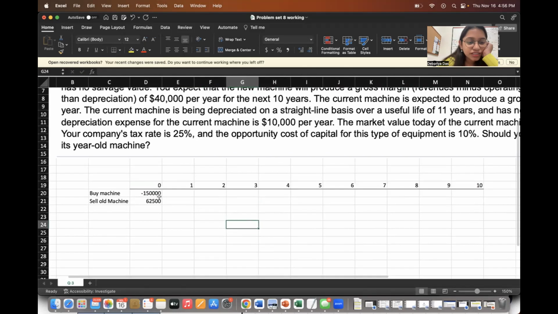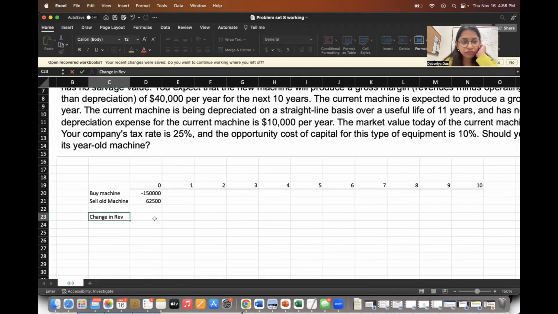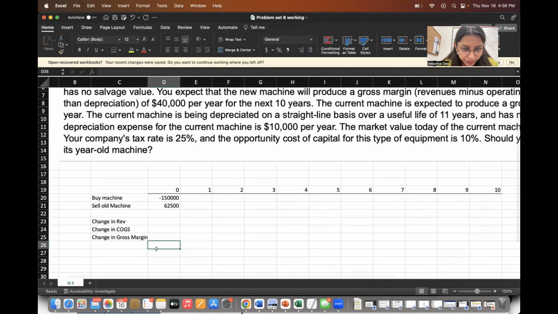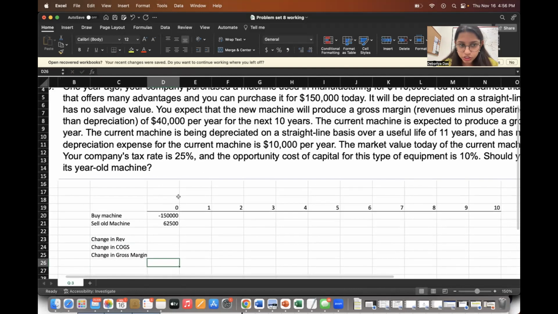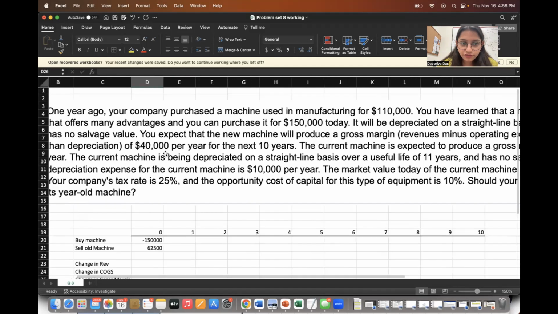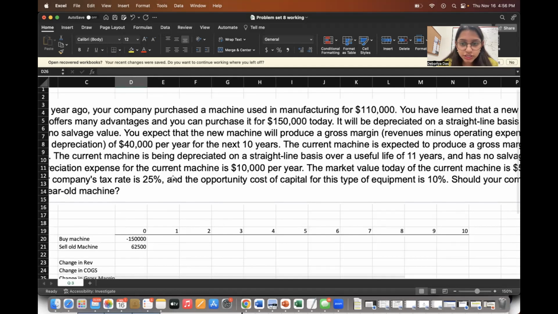Okay. All right. So we're gonna do change. Always change. So change in revenue, or like change in cost of goods sold, which would give the change in gross margin, right? Now, we don't know what's going to be the change in revenue or cost of goods sold. No idea. But they did give us the change in gross margin, because they said that with the new machine, you're going to do a gross margin of like 40,000, whereas with the old machine, it's going to be 20,